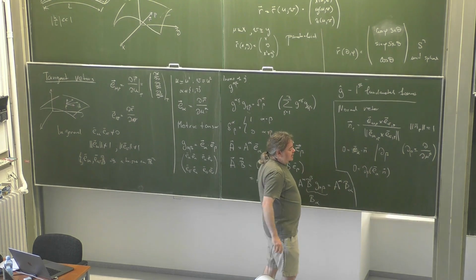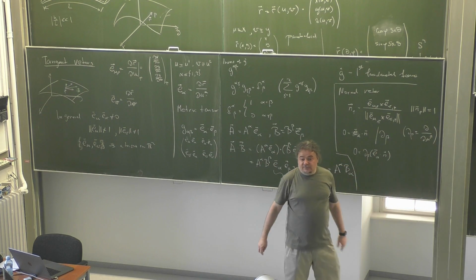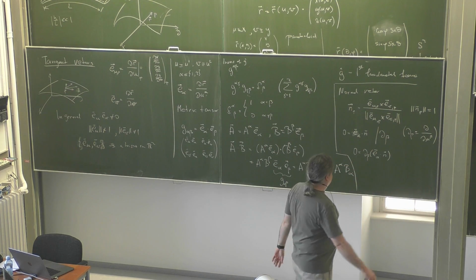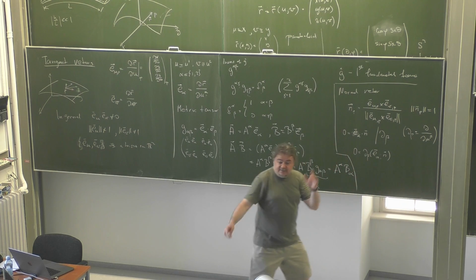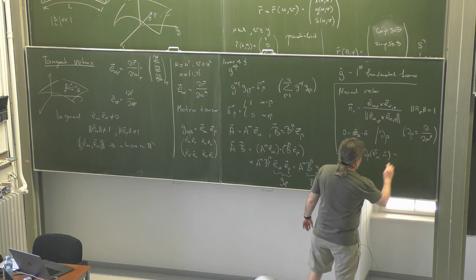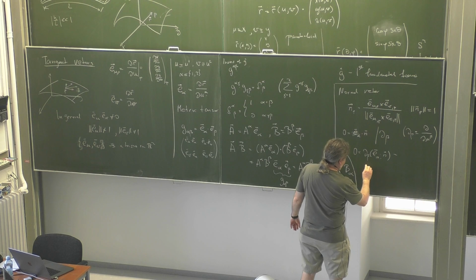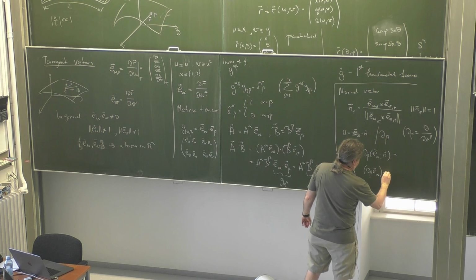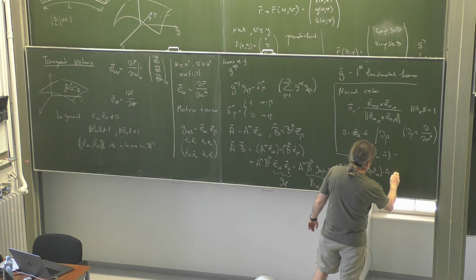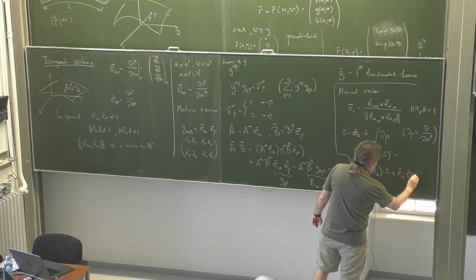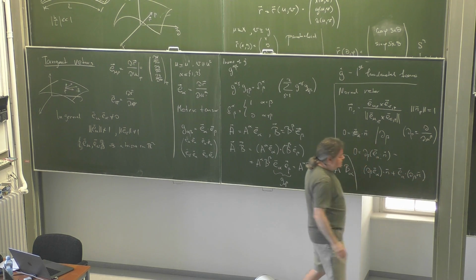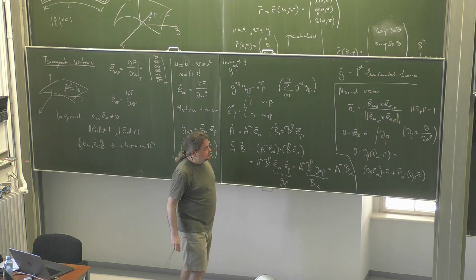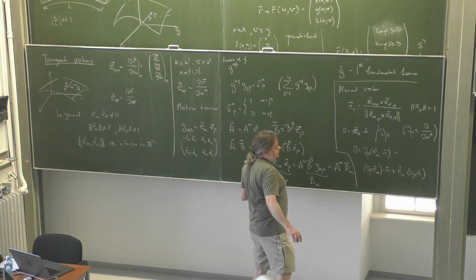Now this is a regular partial derivative, which commutes with the dot product. This dot product is again in the embedding R3 space. So what I'm going to have in here is d beta E alpha dot n, plus E alpha dot d beta n. Okay, which tells me